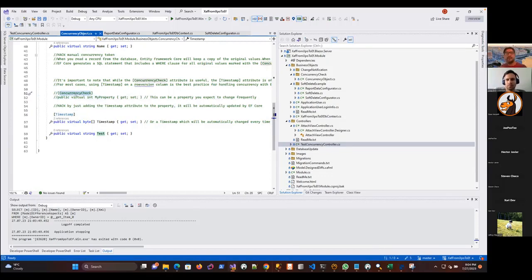It will serve exactly the same purpose. The main difference between the timestamp and the concurrency check, and here you can see what I wrote about it, is that if you mark something with the concurrency check attribute, it means that you are in charge of increasing the value or changing the value in any way to make the row distinct from each other. So this one I will not use because I don't increase the value. But if you have a mechanism yourself to increase the value or to make the value different all the time,